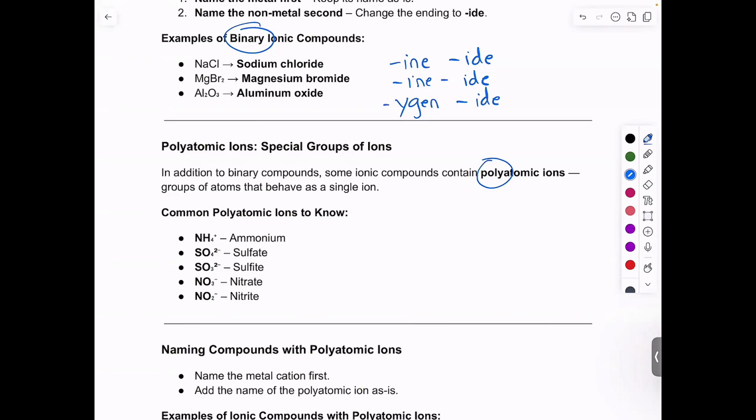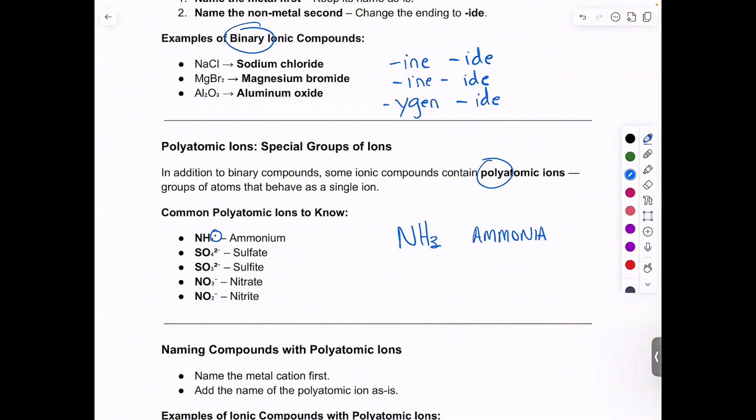But for instance, ammonium, very popular. It's a very common polyatomic ion. Notice it has a +1 charge up here, and it's derived from ammonia. Ammonia is this guy right here. It's common in household cleaning materials, things like that. We add a hydrogen, and we have NH4 plus. Sulfate and sulfite both carry a 2- charge. Nitrate and nitrite